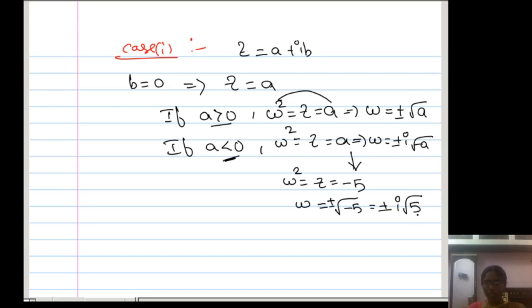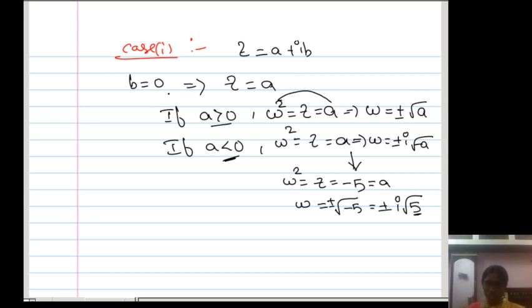Madam, it is 5, it is minus a? Yes. Because what is a here? Minus 5. Here plus 5 means here minus a only. a is minus 5. Then what is minus a? Minus into minus is plus. You are getting 5 only. So a is negative; if you take minus a, minus into minus plus, then only you are getting positive. So try to make it positive under root. That is only possible.